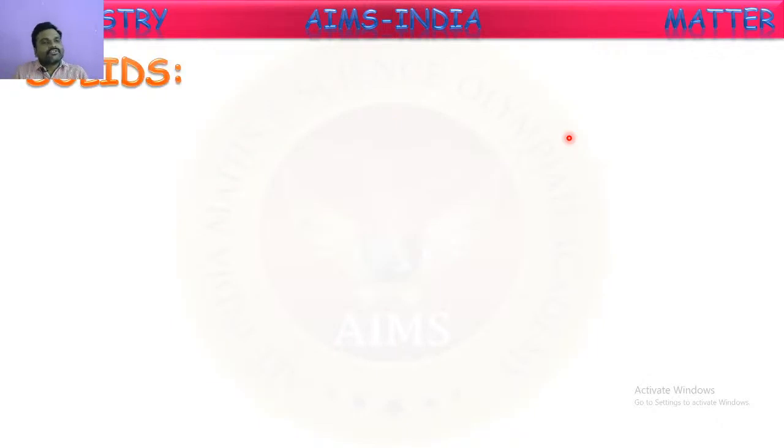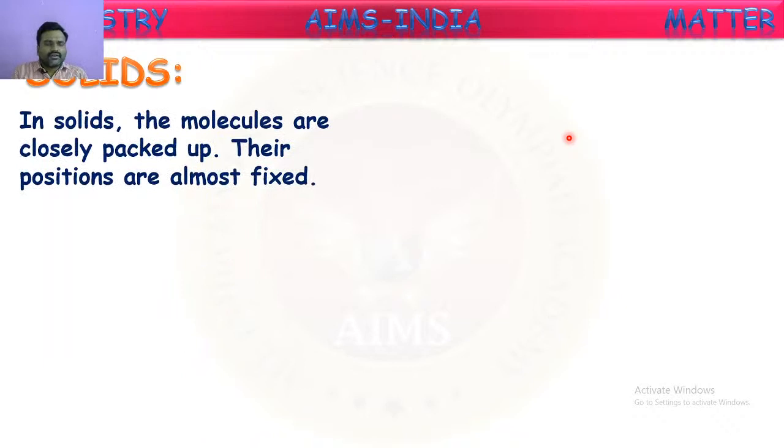So first let us say about solids. In solids, molecules are very closely packed. Their positions are almost fixed. Means, as we said, all the matters are made up of molecules, but based upon the arrangement of molecules, these states occur. In solid states, all the molecules are very tightly bound. To understand simply, we can say the friendship between the molecules is very high in case of solids. All the molecules will always be together, and for that purpose they will be rigid. They have their positions always almost fixed.